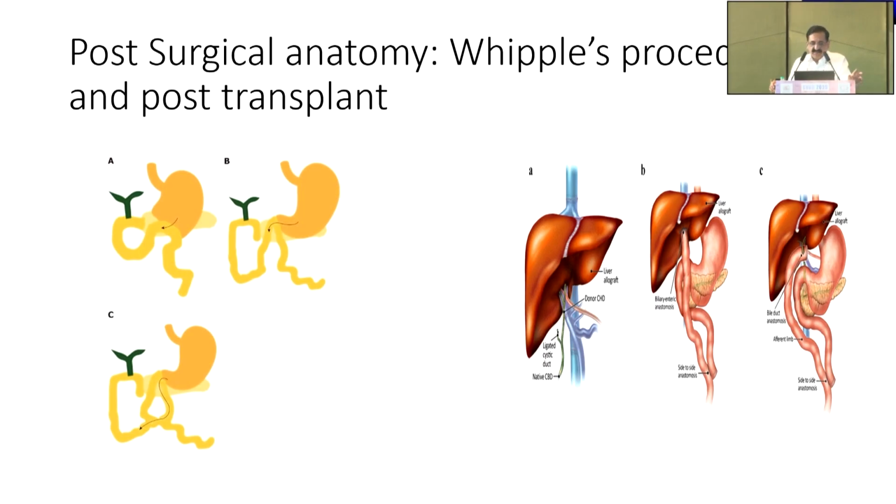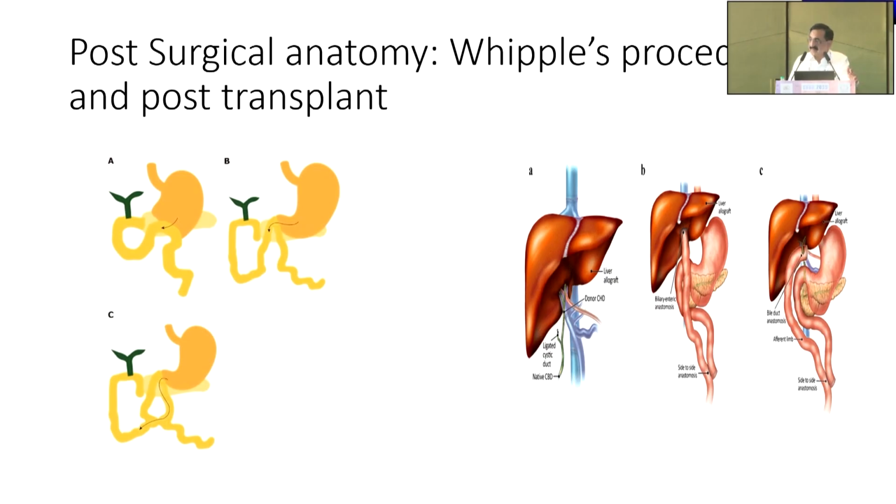In Whipple's procedure, you get a different thing. While it is similar to what you get in Billroth 2, except when you have a Braun enteroenteric anastomosis, here the technique is extremely difficult because you tend to keep looping around in the stomach by entering it with the scopes, and the success rate drops further. Liver transplant especially does not require the altered anatomy status because you use a standard duodenoscope. In certain situations, you can have the Roux-en-Y anastomosis with hepatico-enteric anastomosis.